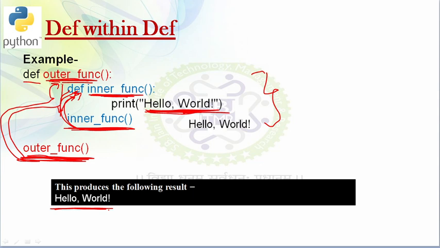In today's lecture we have seen how to write a function, what its syntax is, what the different types of function are, how to use the return statement, how to use a number of arguments in your program, how to use arbitrary arguments, keyword arguments and default arguments, as well as what the difference is between pass by value and pass by reference. Thank you.